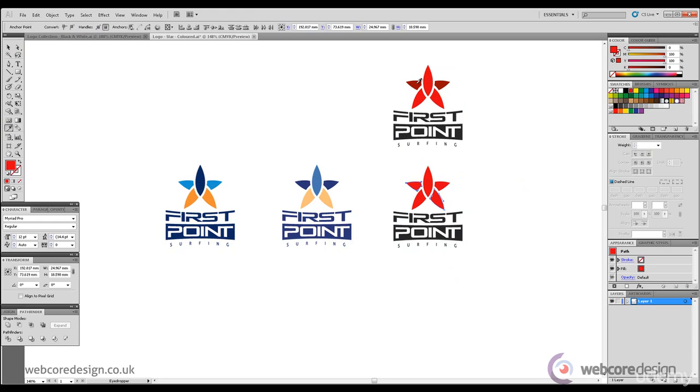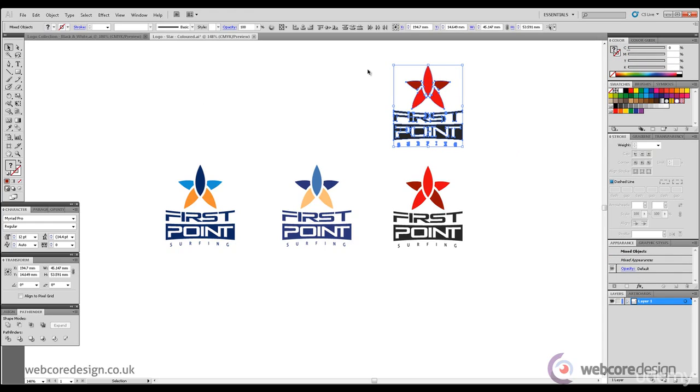Using the eyedropper tool, we match the reds above. Like that as an idea. I think that stands out more than the one above, so I'm going to go ahead and delete the one